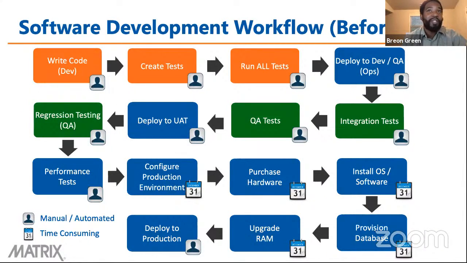So here's an example of a software delivery or a development workflow. The developer would essentially write the code and then create or push their changes via what we call a pull request. So if you can imagine, code is really software that is written as a text file.